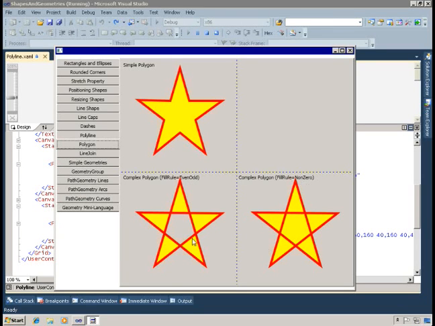Let's think about it. Why does this point get filled in with yellow color? Well, with the even-odd property, you draw a line from the point to infinity going through the edge of the polygon, and if you cross an even number of lines, you're outside the polygon and you don't get filled. If you cross an odd number of lines, you're inside the polygon and you do get filled. So here, to get to the outside, you just go out, you cross one line, that's odd, you get filled. If you're here and you go out, you cross 1, 2 lines, and since that's even, we're outside the polygon,